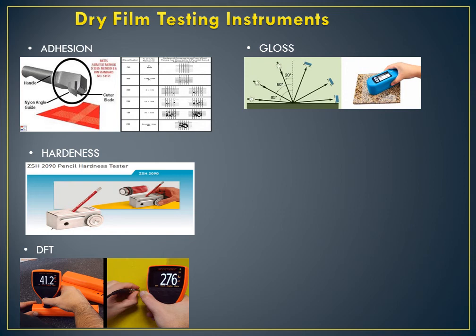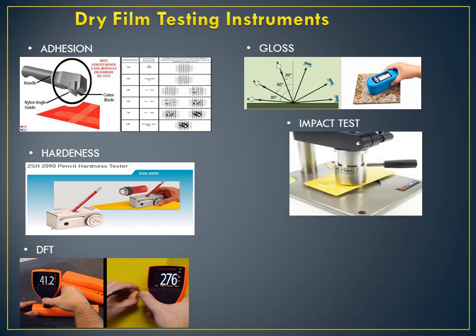So how do we detect the gloss? Once the light falls at different angles on the substrate and it reflects at the same angle, then it means it's a gloss.